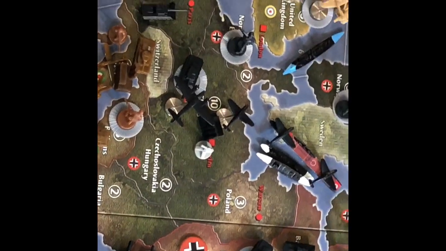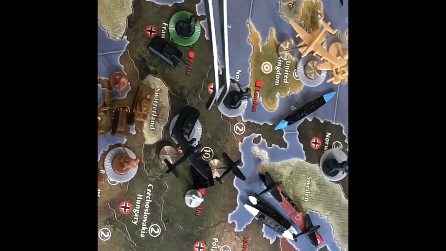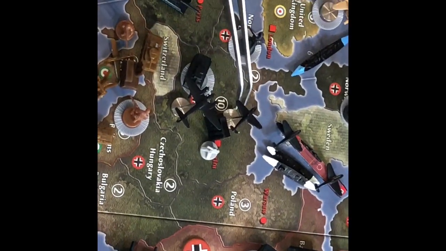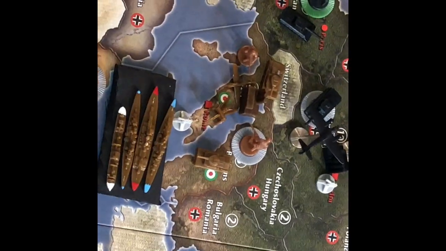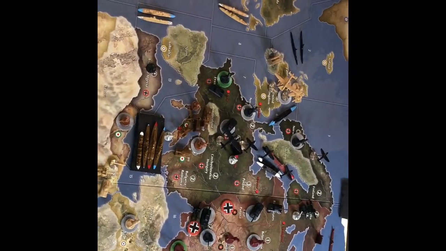In France, we have 4 infantry divisions, 1 tank division. In Northwest Europe, we have 2 infantry. In Germany, we have 1 bomber, 1 fighter, and 2 tank divisions. In Morocco, Algeria, we have 1 infantry division. So that's the end of Germany's round 1